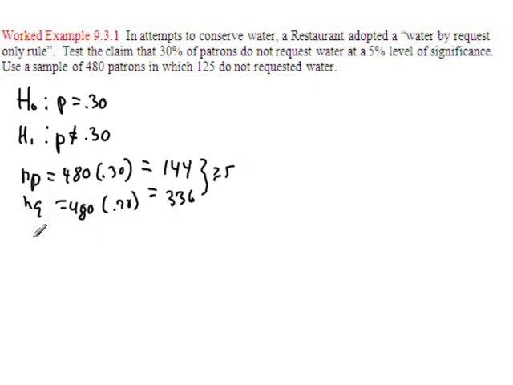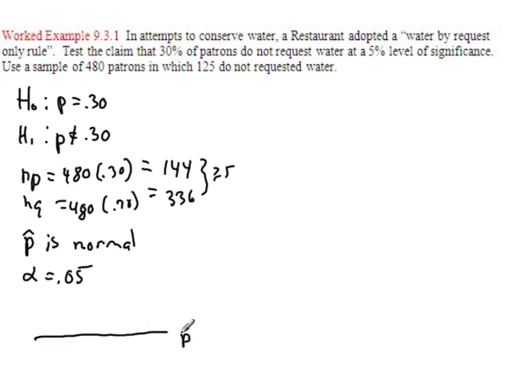So that tells us that p hat is normal, and so we're going to test the claim at a 5% level of significance. Alpha is 0.05. So let's compute a p-value,